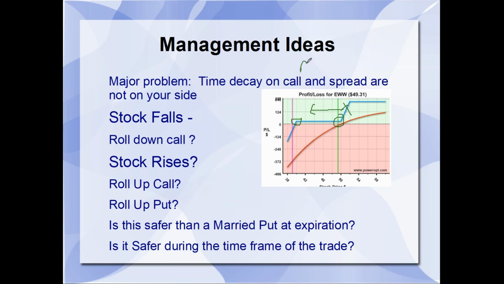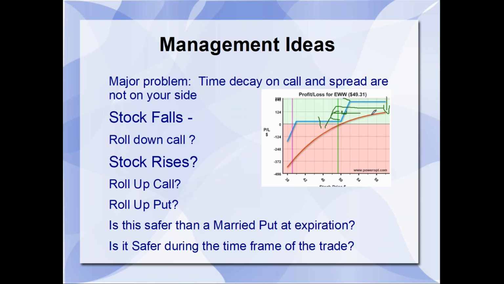Well, you could buy another put. I'm not saying that far out in time, but you could buy another put as the stock's falling. You could roll down the call. But what happens whenever you roll down a call? You're in a covered call position, you roll down a call. You might be able to roll for a credit farther out, but if you roll down in the strike, because the stock's at 45, you've got to roll down to 50. Remember, this positive return is always going to be lower. You're going to be lowering your expectations by moving down, even though you're collecting a premium.